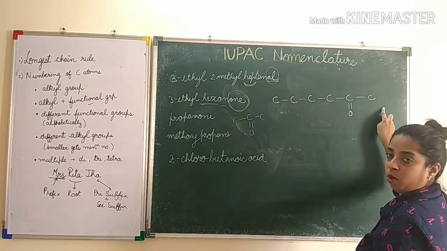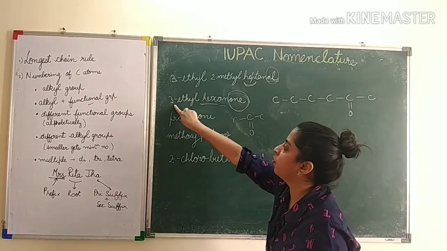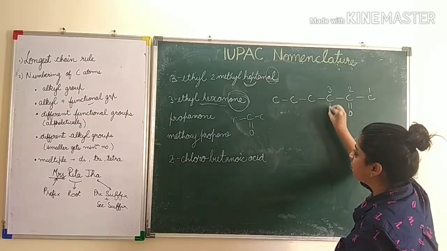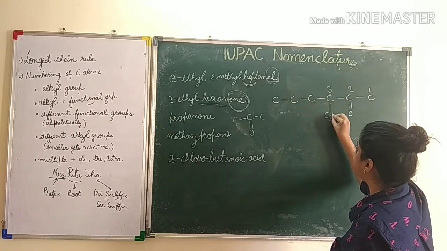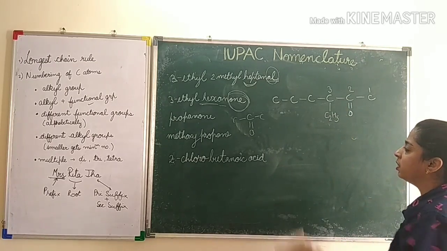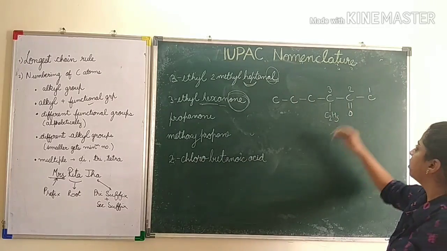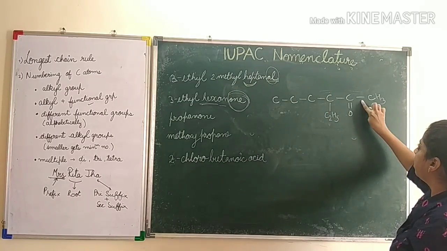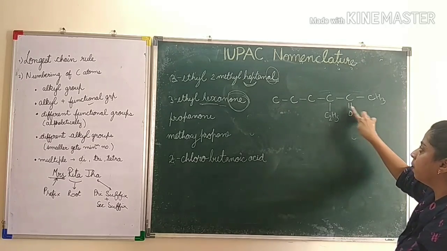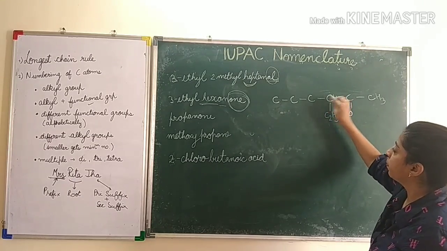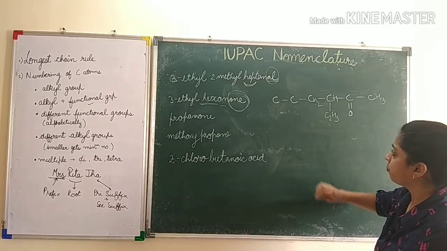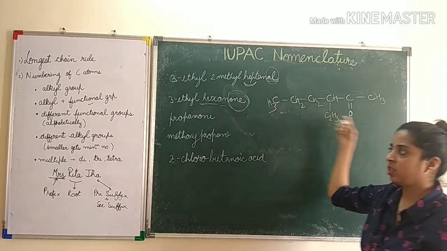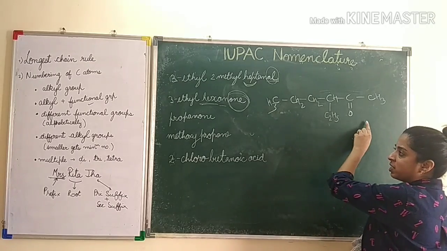So this is hexanone. Now at 3 position we have to write ethyl. So this is 1, this is 2, this is 3. So at 3 position I will write ethyl, C2H5, right? And then you satisfy the valencies. So here if you satisfy this carbon, 3 and 1, 4. Here 1 2 3 4 done. 1 2 3 done, 1 more. 2 done, so 2 more. Here also 2 more and terminal 3 more. So this is how you will write 3-ethylhexanone.